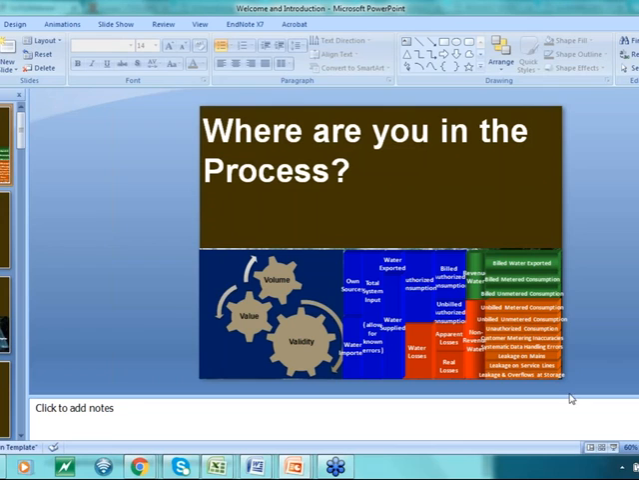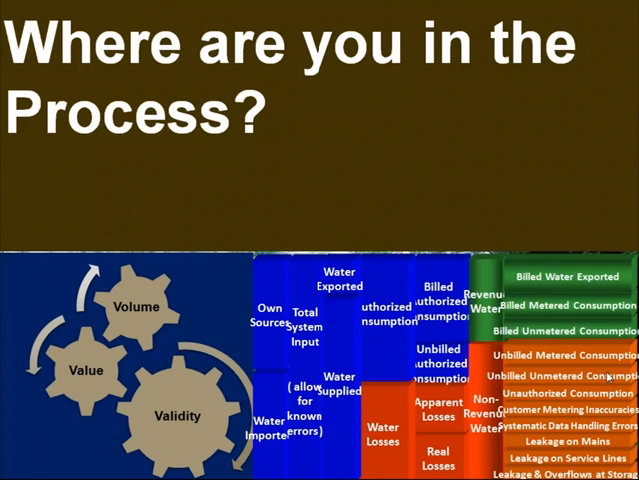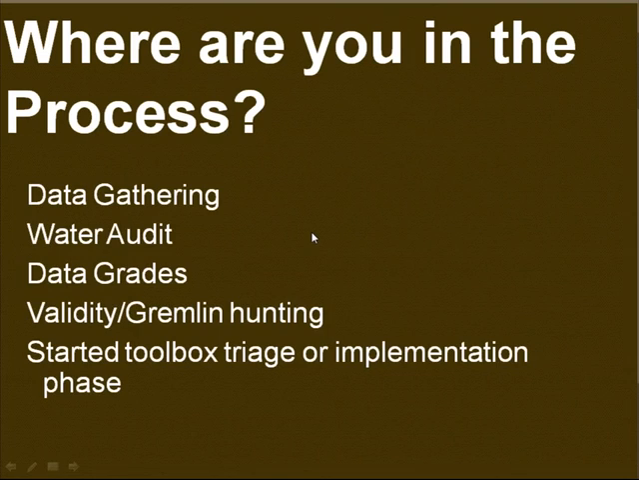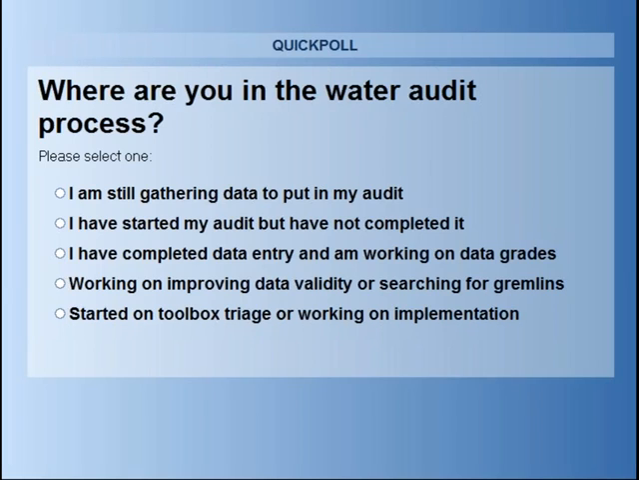So what we're going to do now is we just kind of want to see where everybody is in the process. So we're going to do a poll question to give you a chance to talk about where you are in the process. You have a couple of choices. You might still be in the data gathering phase where you're still trying to get your information together. You might be in the water audit phase where you're trying to put that information into the audit. You might be looking at data grades, just trying to get all those data grades into your audit. You may be looking at validity or gremlin hunting, or you may have actually started your toolbox triage or implementation phase. So James, if you will, open the poll, and we'll give everybody a chance